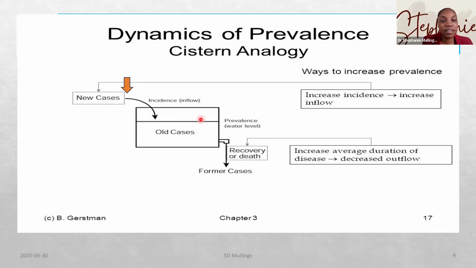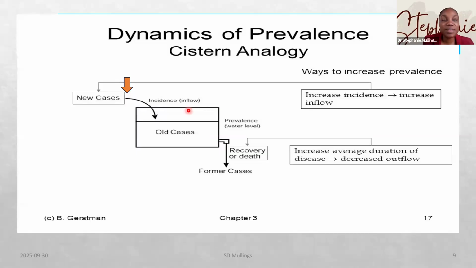If the faucet on the cistern is closed, then all the new cases remain and all the old cases remain. That would therefore increase the prevalence of the water or the amount of water in this cistern. And if we are mirroring a disease, then it would increase the number of persons who are having the disease. Outside of persons recovering or dying, then this cistern would increase, or the number of persons in the population